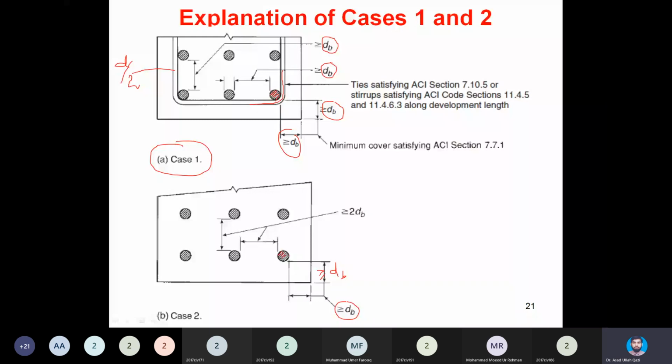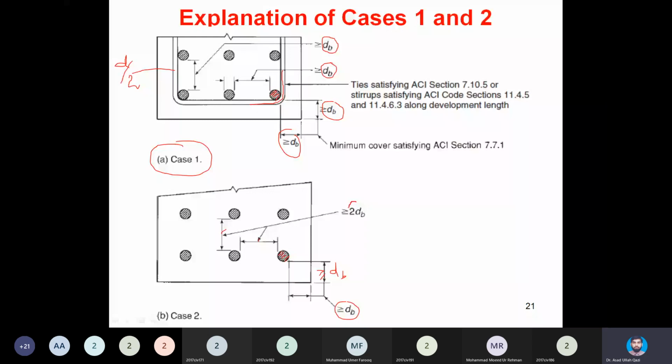For example, if this is the bar I'm investigating, and still we have the covers at least equal to the diameter of the bar itself, but in addition to them, the clear gap between bars and the clear gap between layers